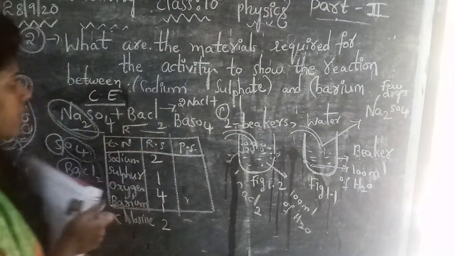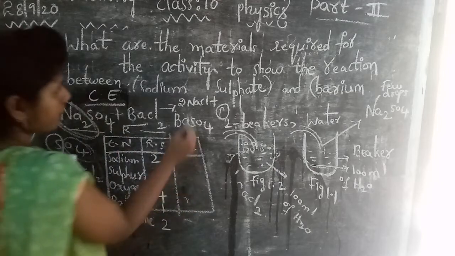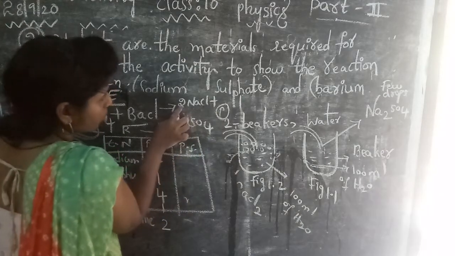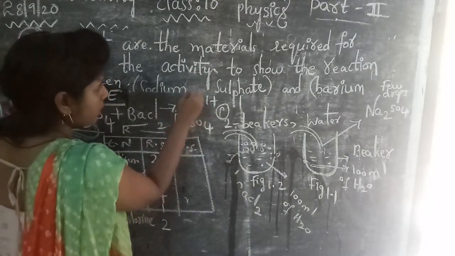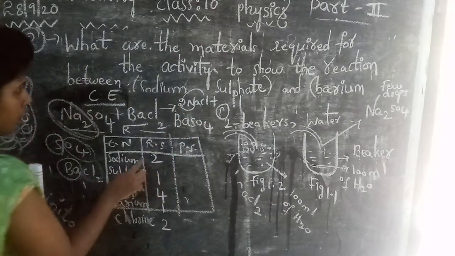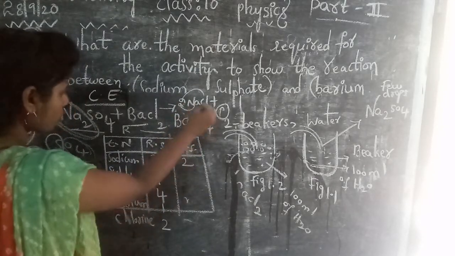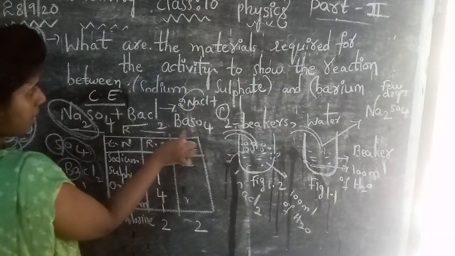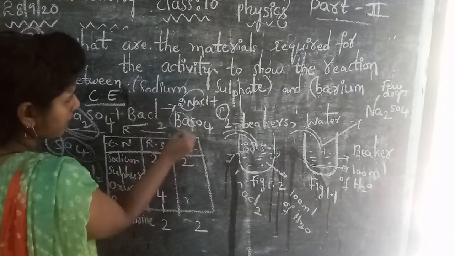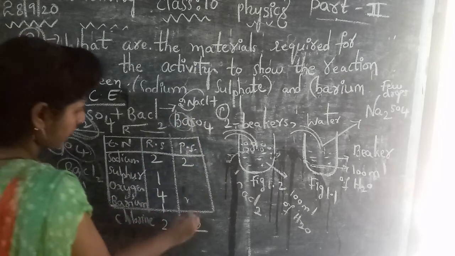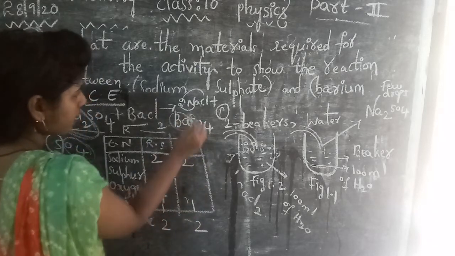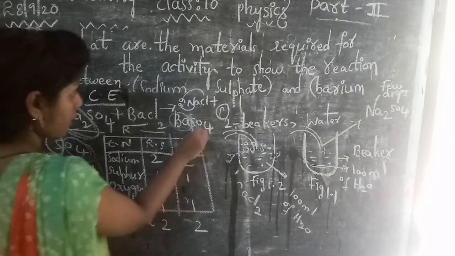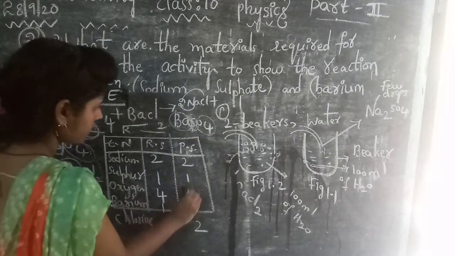You have to calculate near the product side. Look at 2NaCl: this 2 is applicable for sodium, and this 2 is applicable for chlorine also. So 2 sodiums are there, 2 chlorines. This is over. BaSO4, how many bariums are there? Only 1 barium is present. How many sulfurs are there? Yes, only 1 sulfur is present. How many oxygens are there? 4 oxygens. Is it clear now?